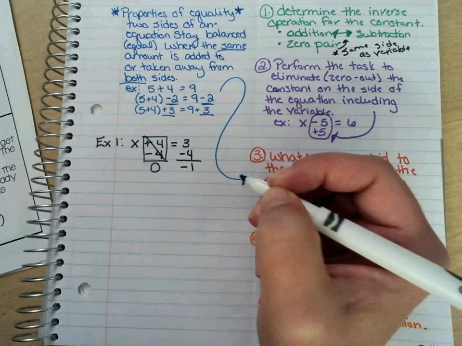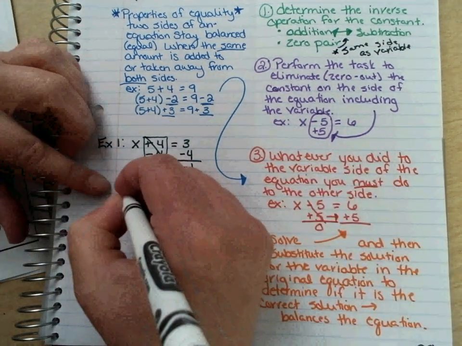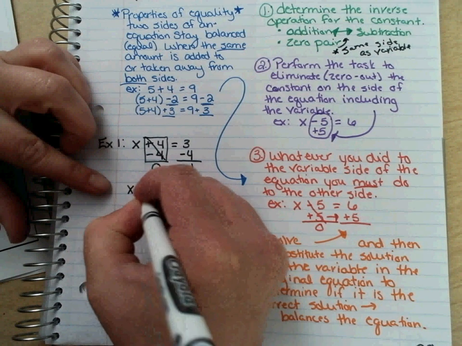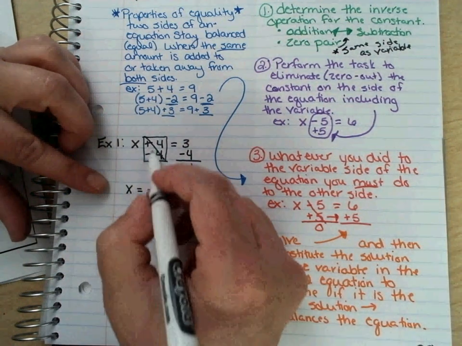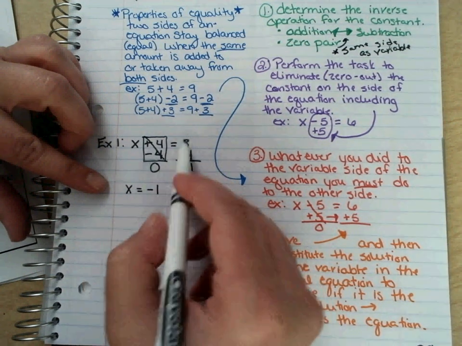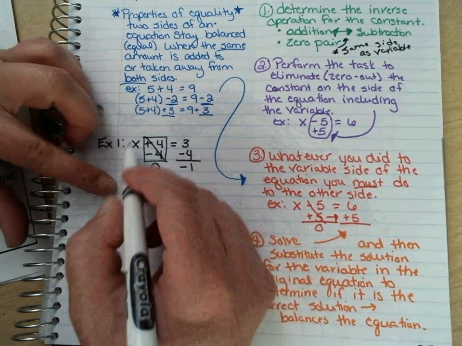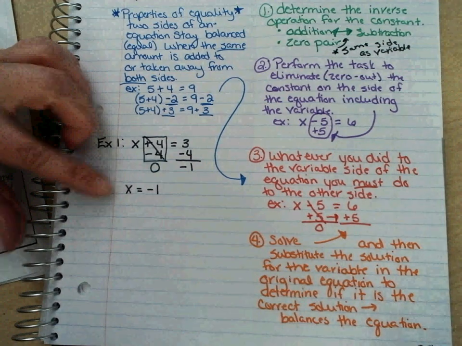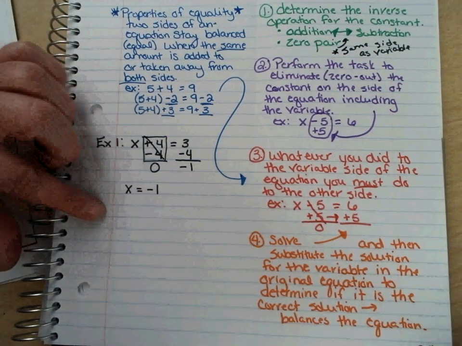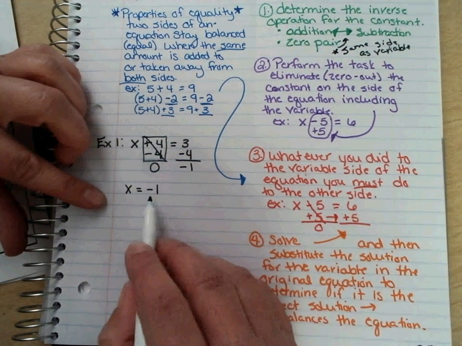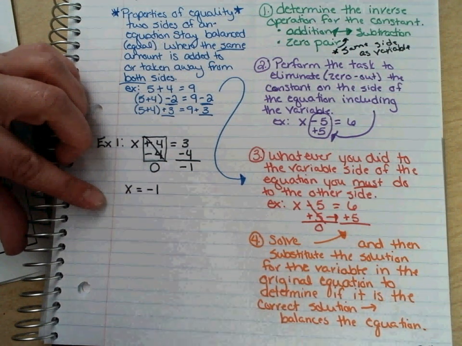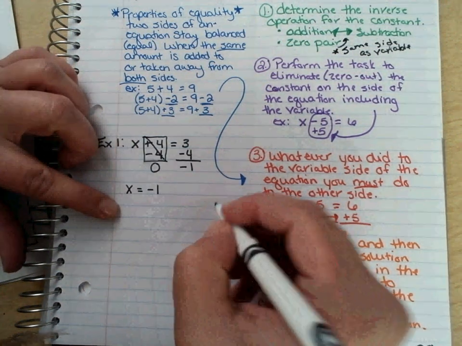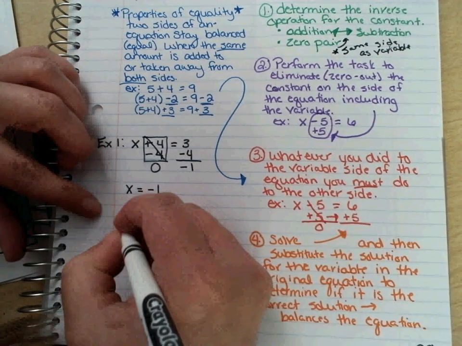Okay, so now I'm going to come down here and I'm going to rewrite, and so it's going to be x equals negative 1. Because I canceled this one out, he's gone, and then I solved this one, so everything that was left was x equals negative 1. So I solved for x. So now I have to go back, and I've got to substitute this amount back in there to see if it makes the statement true. So this is my check